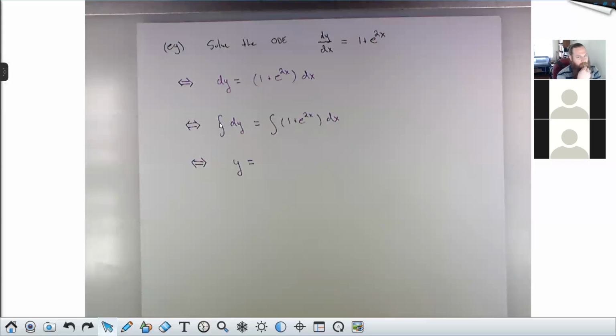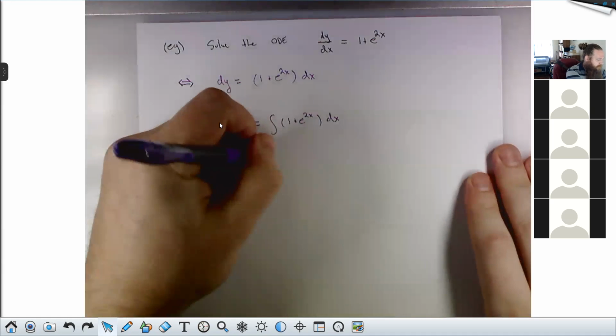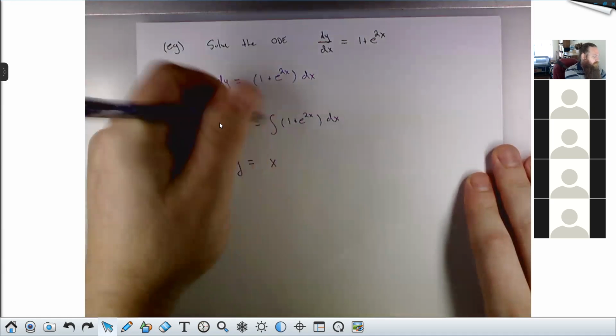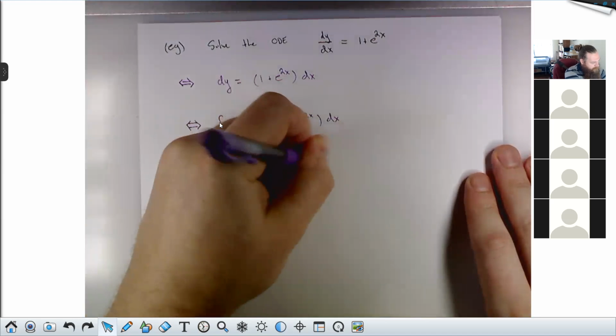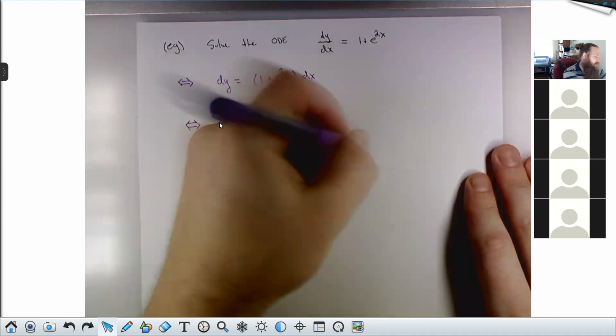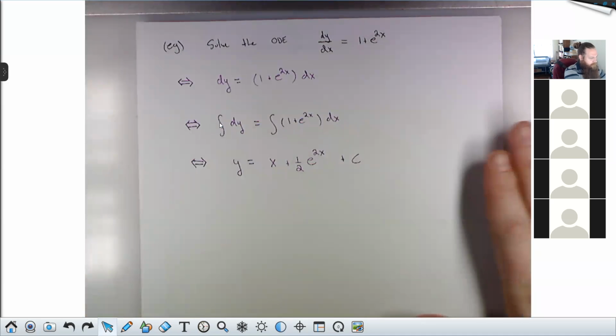Okay, and somebody else, what's the integral of 1 plus e to the 2x? Who can help me with that? X plus 1/2 e to the 2x. Very good, very good. The integral of 1 is x, and the integral of e to the 2x is 1/2 e to the 2x. And then I would write a plus c here. If you forget,